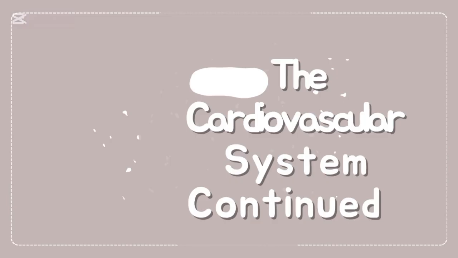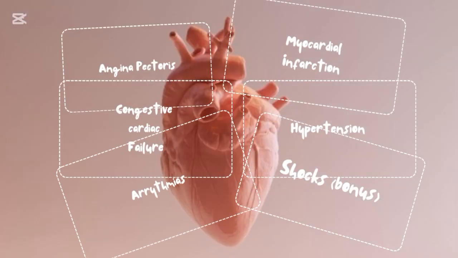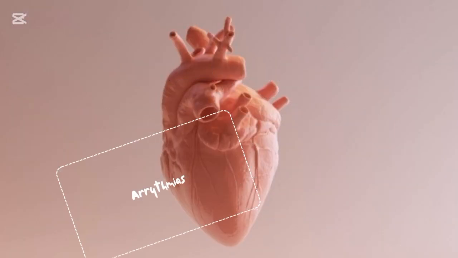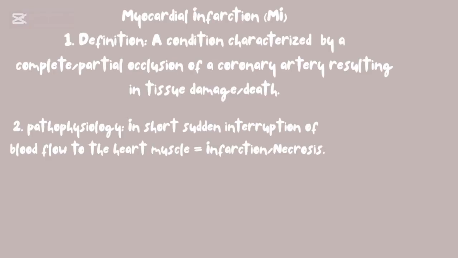Today we're doing a continuation of the cardiovascular system. Our condition today is myocardial infarction, also known as a heart attack. So myocardial infarction is a condition characterized by a complete or partial occlusion of a coronary artery resulting in tissue damage or death. The pathophysiology, in short, is a sudden interruption of blood flow to the heart muscle, which results